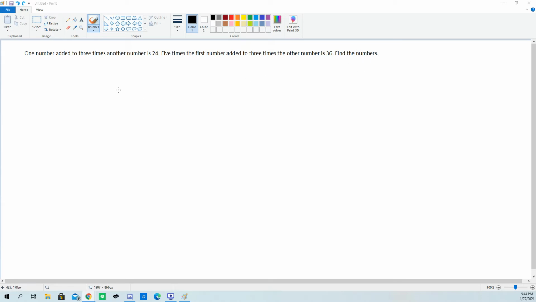like to define my variables. So we're going to have x and y. I'll write them off to the side right here on the left. It's just what I like to do. All right, and how we're going to know what we need to define our variables as is it's going to say right here at the end of the problem what we need to find. So find the numbers. So our two numbers that we need to find, x and y numbers, is number